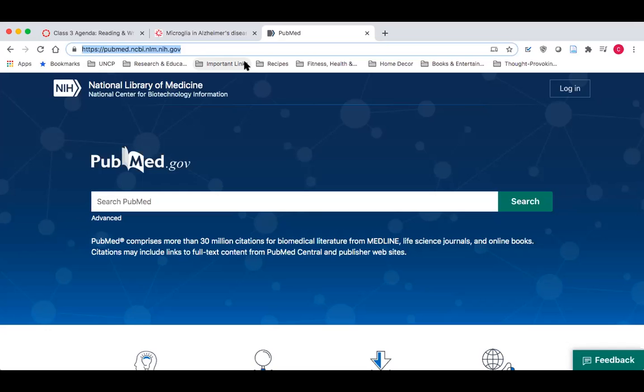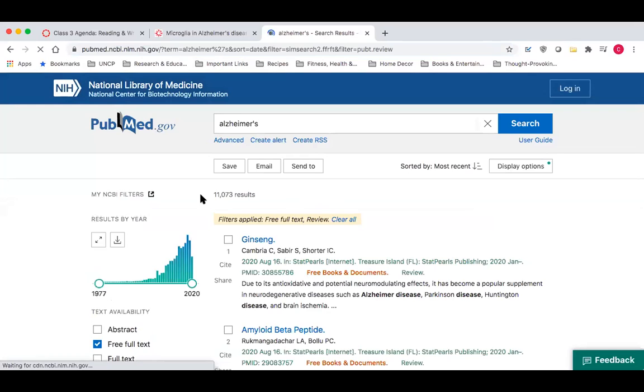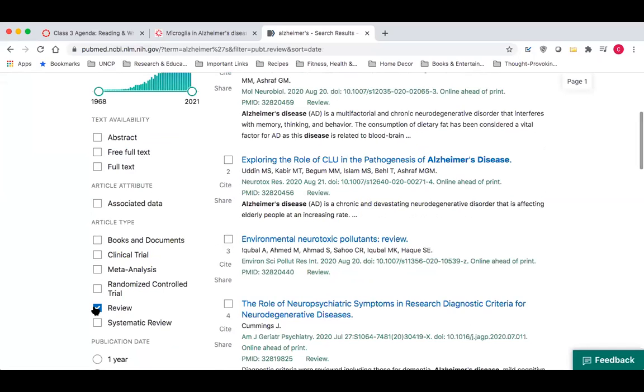So what this means is your tax dollars pay for this website, and it is more streamlined, more focused on biomedical literature as opposed to every single thing on the internet. And I think that while it might be limiting, it is actually beneficial and helps you focus your attention more. So if we type Alzheimer's into PubMed, well, hold on, I first have my filters up. So we're going to get rid of some of the filters that I have already selected here.